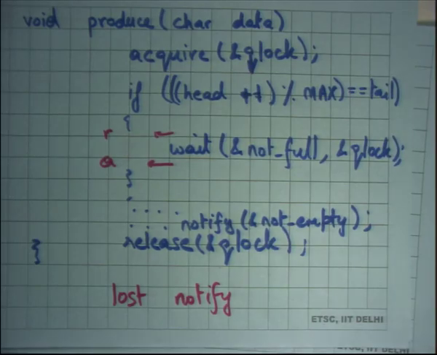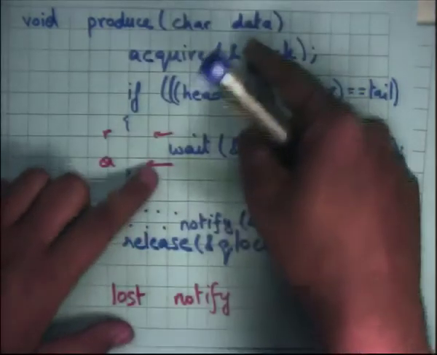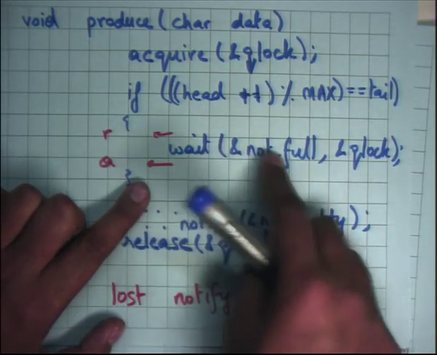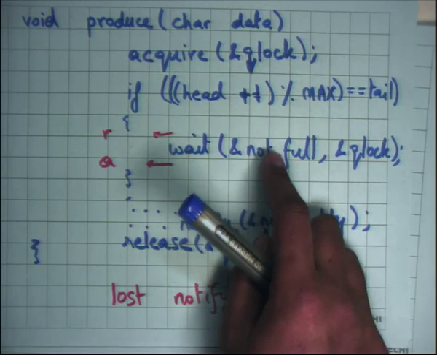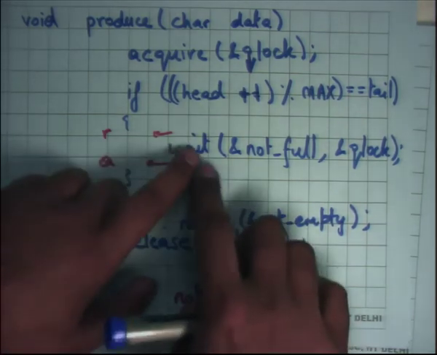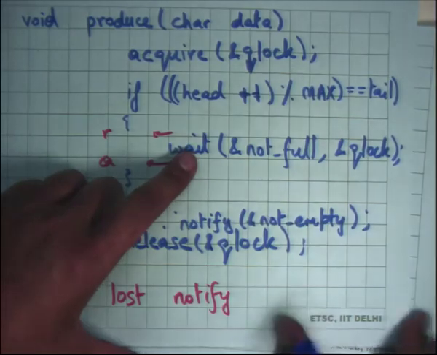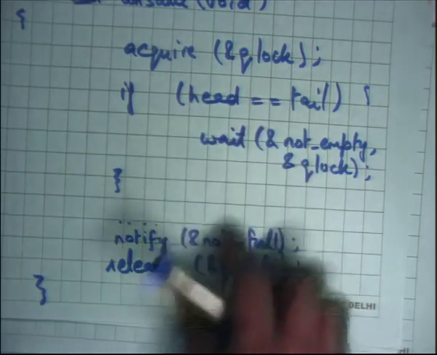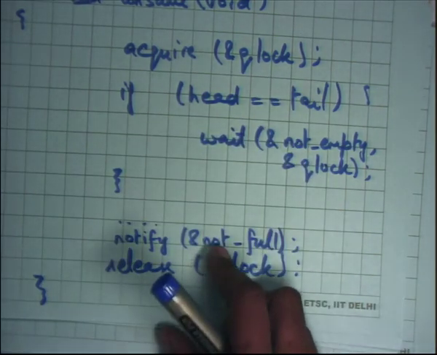Okay. So what will happen is, let's say the producer figures out that the queue is full. It goes to wait on not full, but it also releases that lock atomically. So if somebody is able to get the lock, by that time the producer would have definitely slept, right? So only after it has gone to sleep and the consumer has released the lock will the consumer be able to acquire the lock. It will do all its operations and it will signal not full.